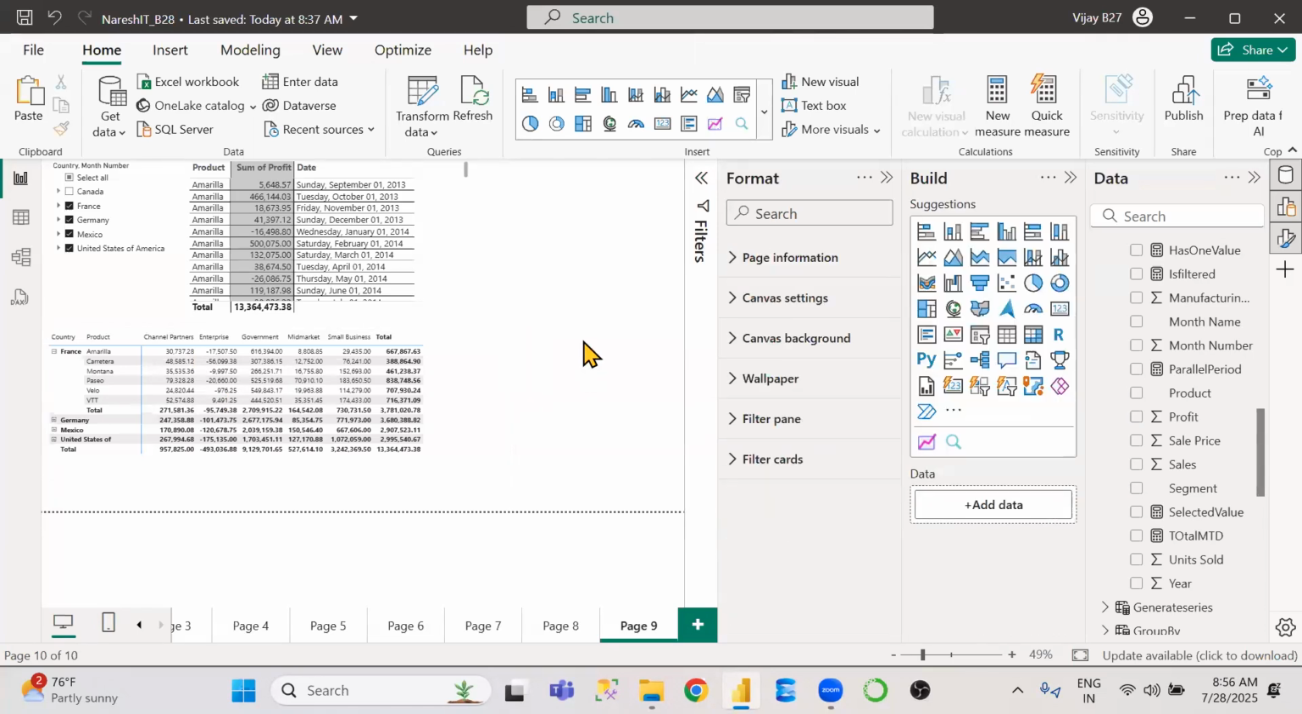Okay. This is about the matrix visual. I hope everyone understands what this is and everything. Okay. We can stop here. We'll continue tomorrow. Tomorrow we'll start discussing Power BI Service. That is the last concept. Understand clearly? No? Tell me,